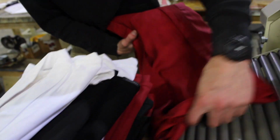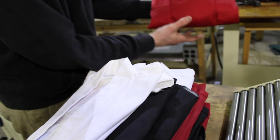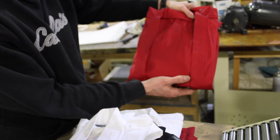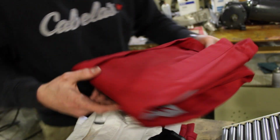So what it did right there is it tri-folded it. So you see how it folded it there? And if your operator did that, I even like that a little bit better, honestly. You can almost tri-fold it and put it in a smaller bag. But you can't do that. So for example,